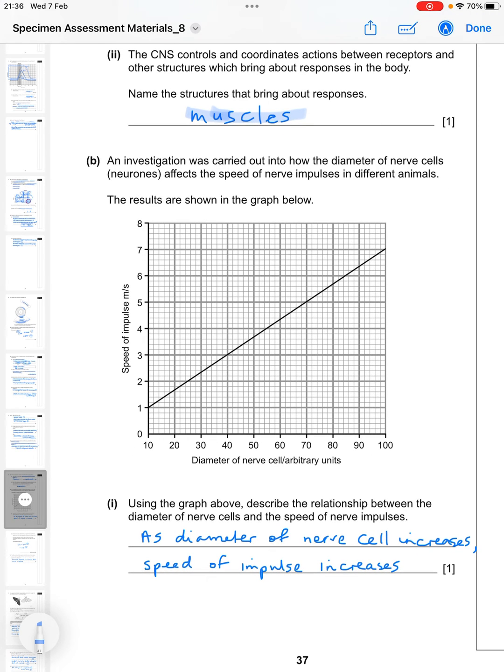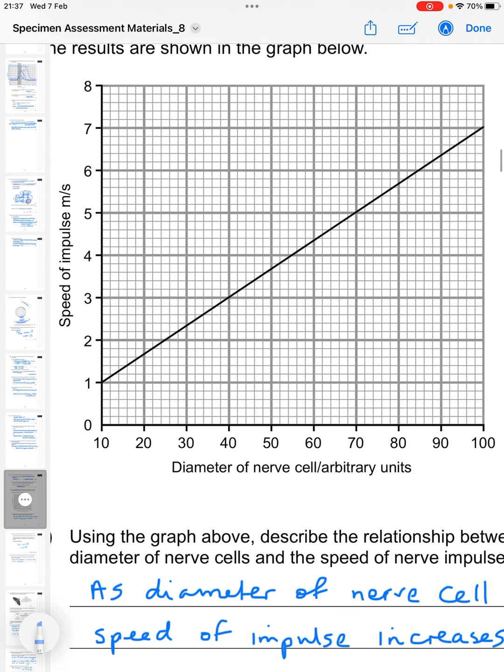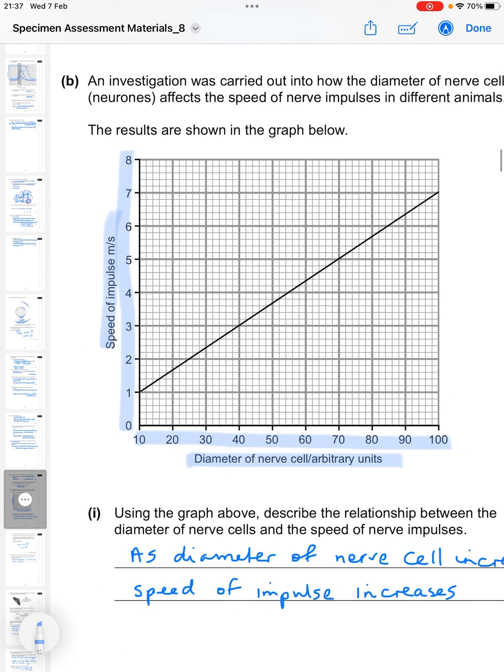And B, an investigation was carried out into how the diameter of nerve cells or neurons affects the speed of nerve impulses in different animals. The results are shown in the graph. So just make it a little bit bigger here. We've got the diameter of the nerve cell in arbitrary units, going from 10 to 100 here, and the speed of the impulses on the y-axis going from 0 to 8. And you'll see that there's a linear relationship